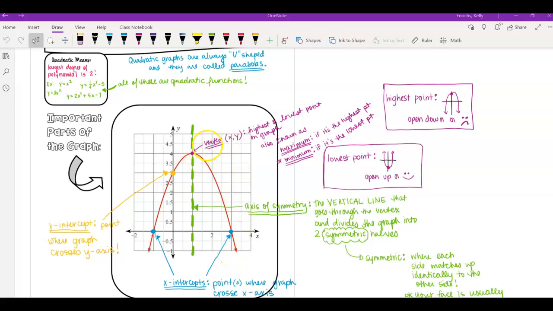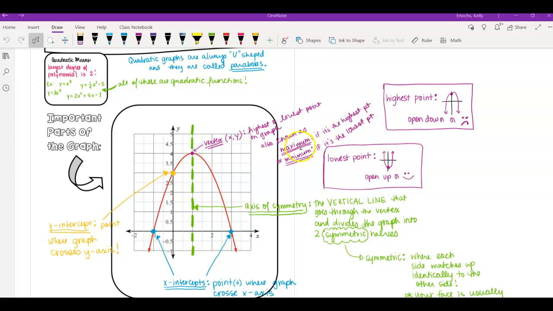The most important part in any form of graphing that we're going to do is the vertex. So the vertex is going to be that highest or lowest point on our U. So where does it start to change from increasing to decreasing? When we find that vertex point, we can call it the maximum if it's the highest, or the minimum if it's the lowest. And the other thing that does is tell us whether our parabola is open up or open